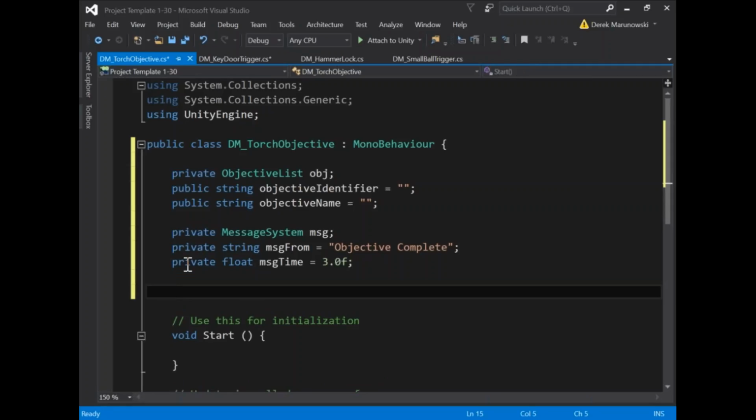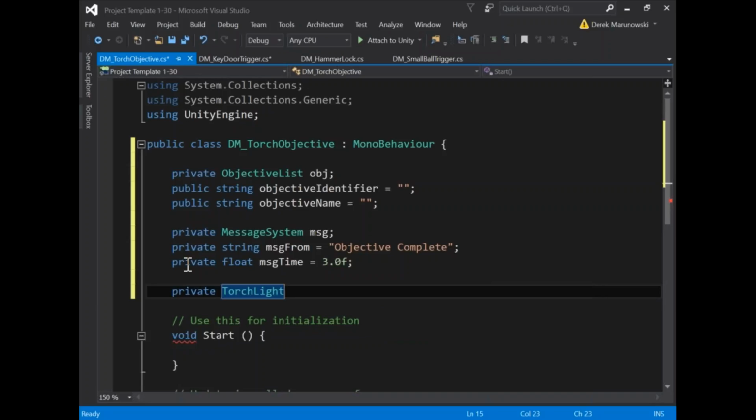All right, and then our last piece, the most important piece to this objective, is a way to store all of the torches anywhere and being able to turn them off and then check to see if they turn on. Actually, they turn off already. We just need to make sure that they've been turned back on. So I'm going to make a private array, and the array is going to be of type torchlight. The reason why I'm doing torchlight is that torchlight already exists in your project. That is the script that is on these torches that tell them to turn off if the torch experiment scene has been loaded. So that's how I'm going to